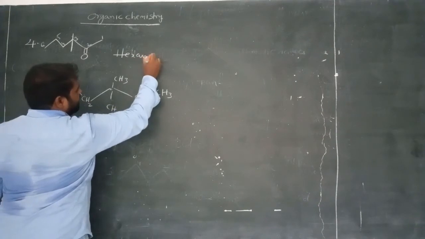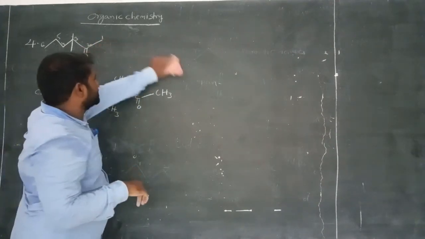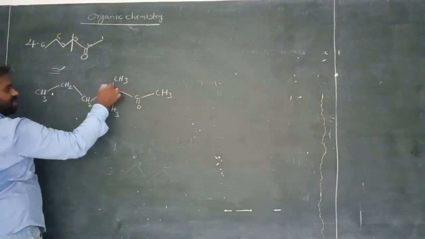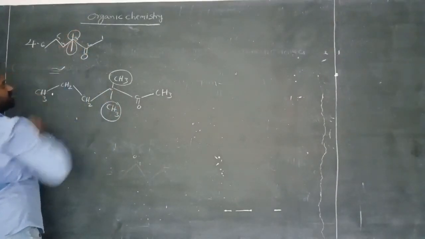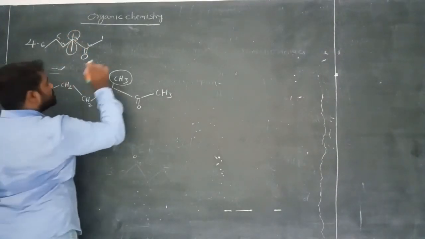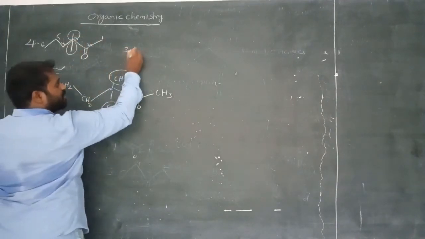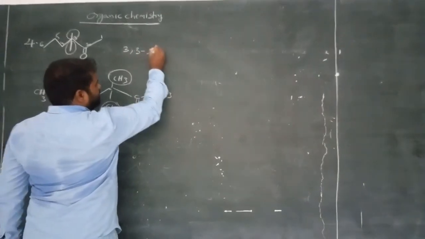Hexane, keto group. Before going to discuss this, substituents are present here. This is the main chain. These two are called substituents, am I right? This one is a substituent, am I right? First we have to write the substituents. So on the third carbon there are 2 similar methyl groups. So 3, 3. CH3 means methyl,